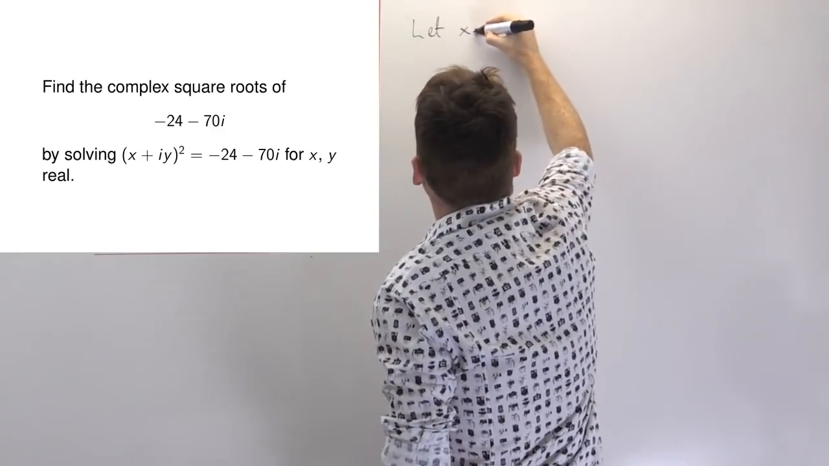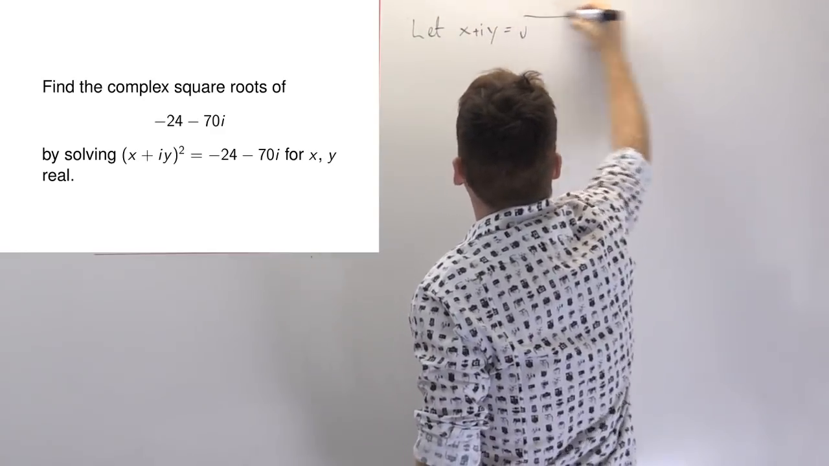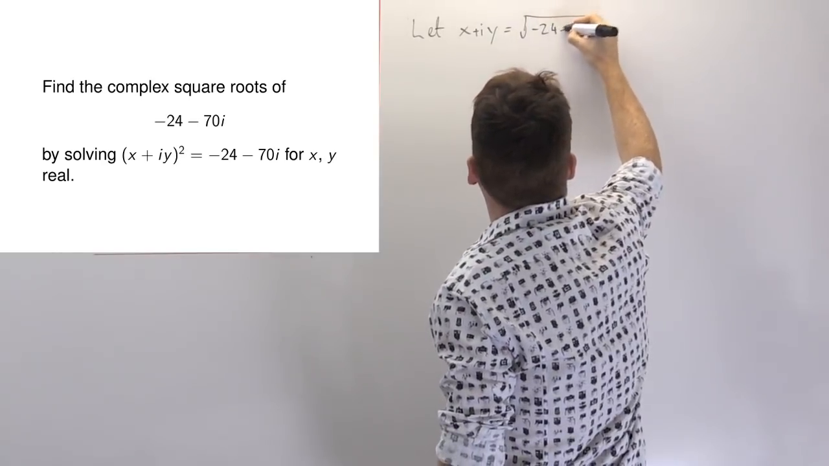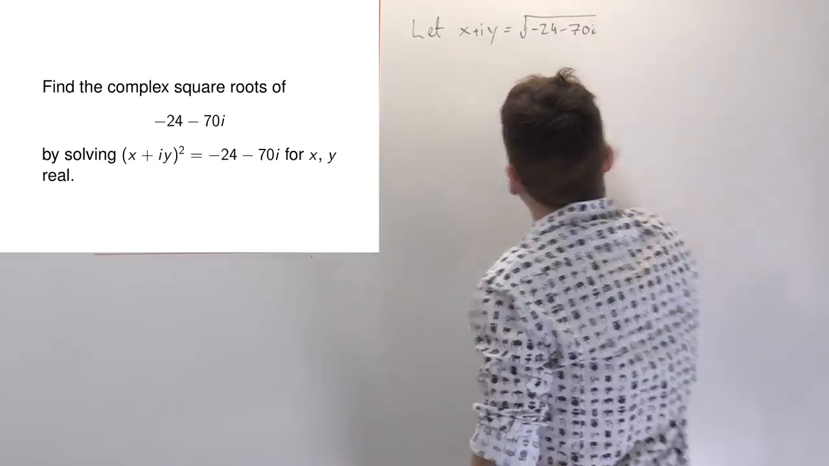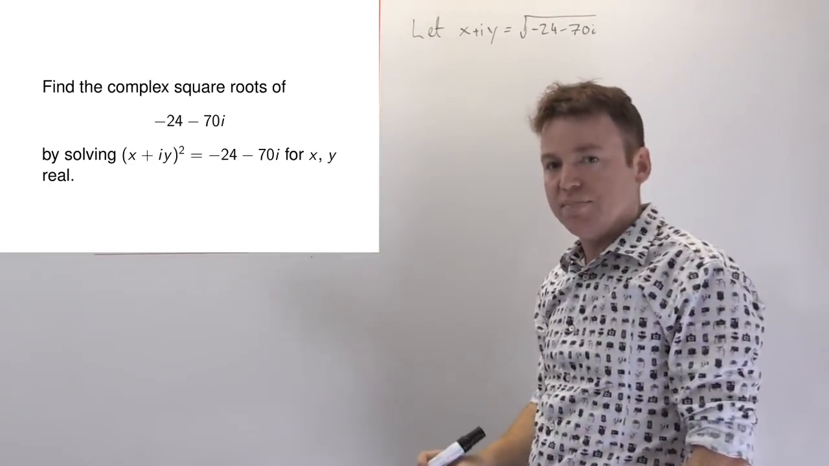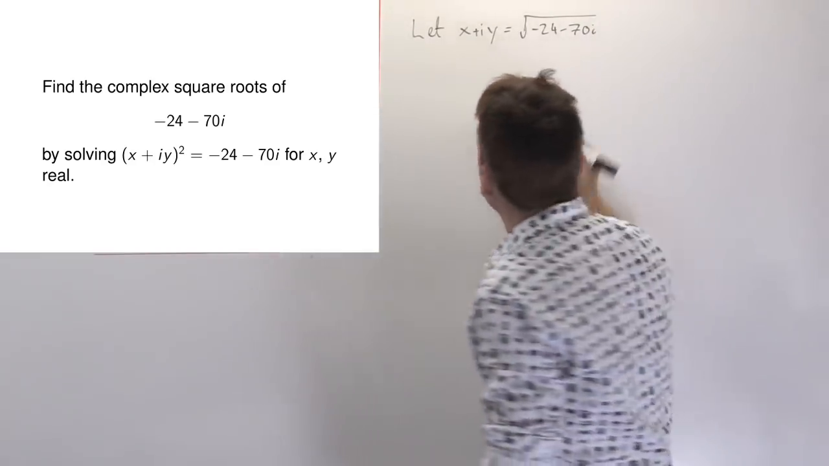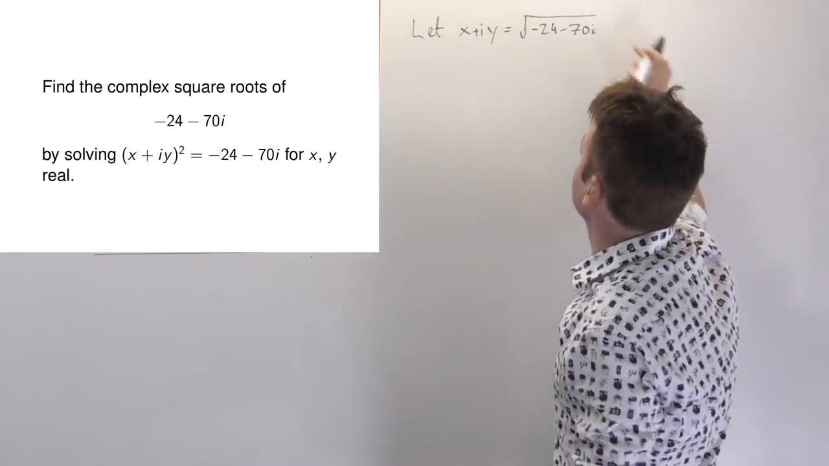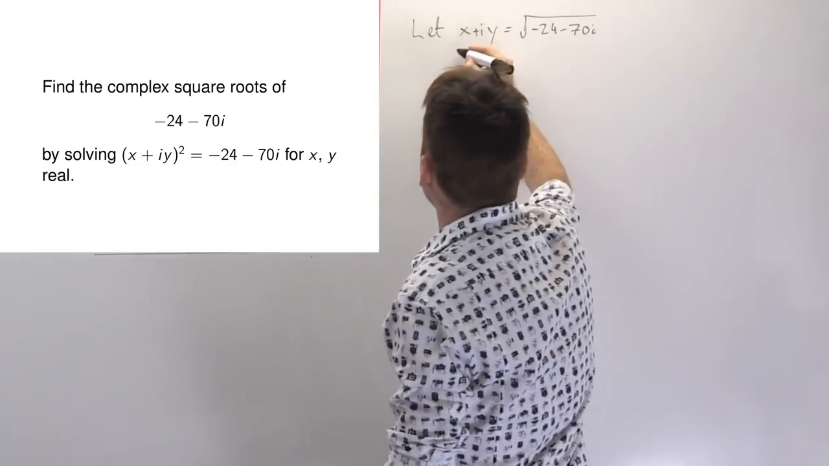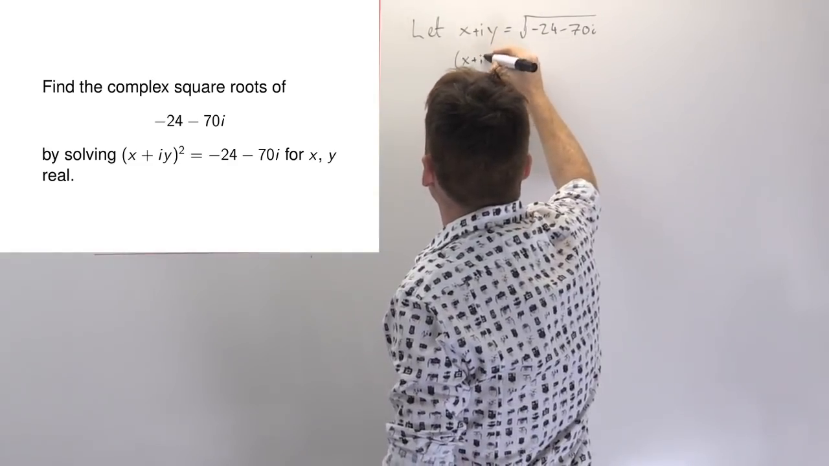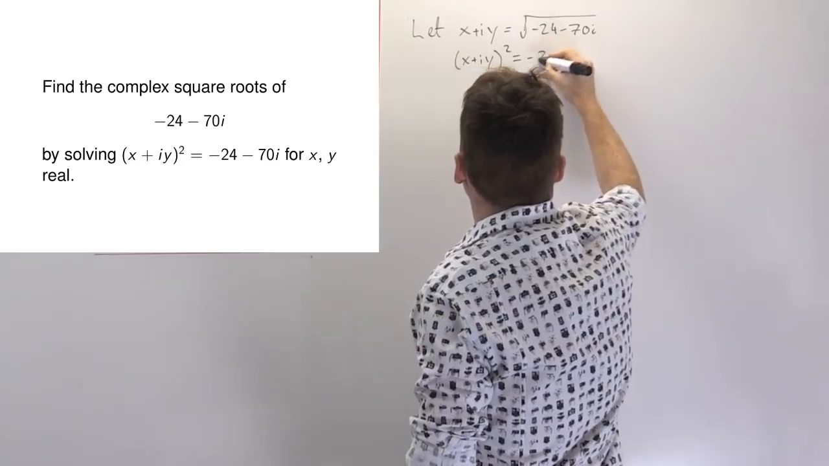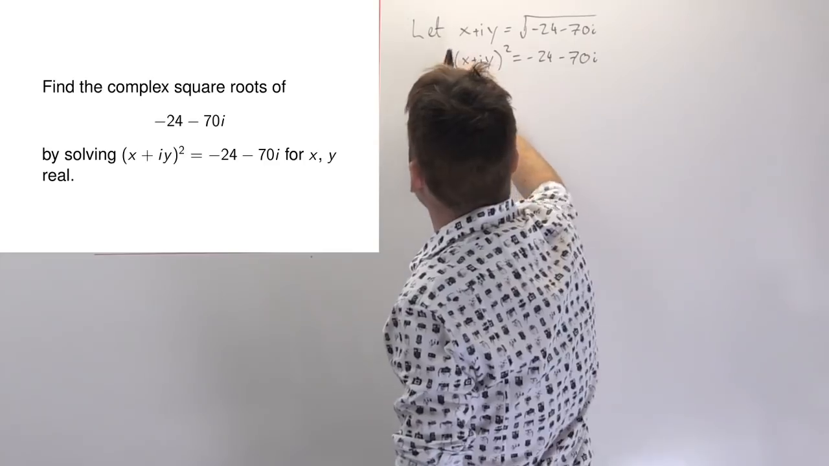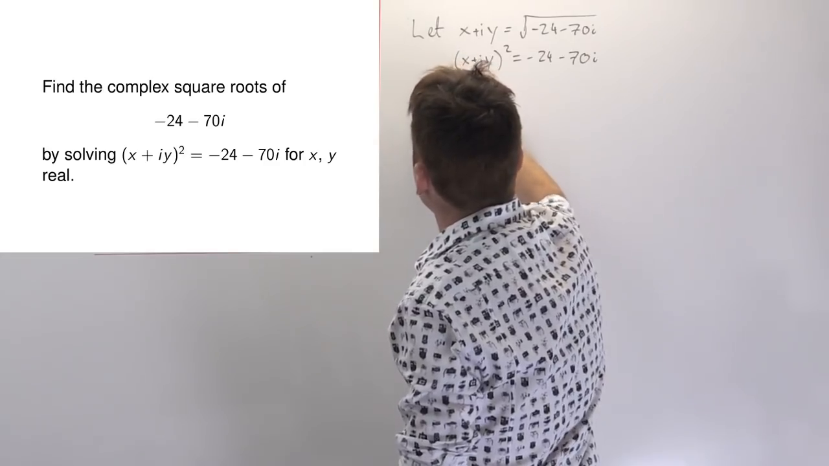Let x plus yi be equal to the square root of this thing. Good, and now we just need to tease this apart, figure out what the x and the y could be. Well, the one thing we know about the square root is that when you square it, you should get negative 24 plus minus 70i. So we just square both sides. And this is something I could expand. Well, maybe I'll expand it down here. x squared minus